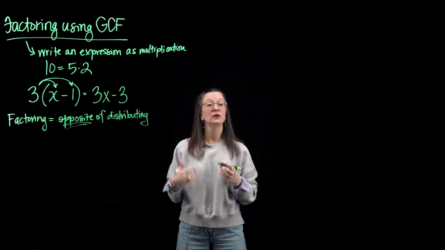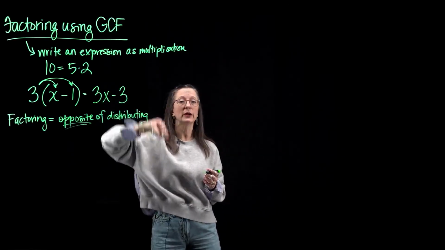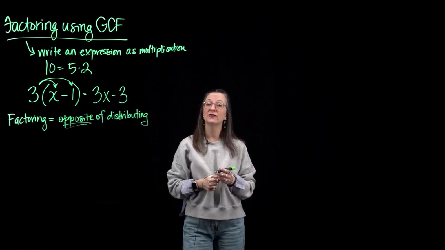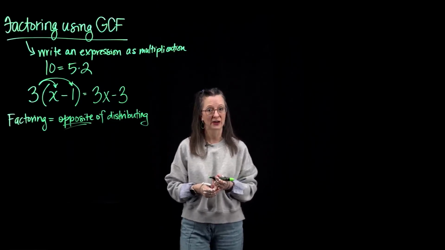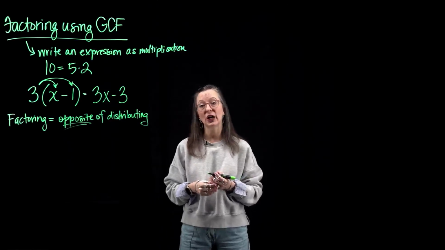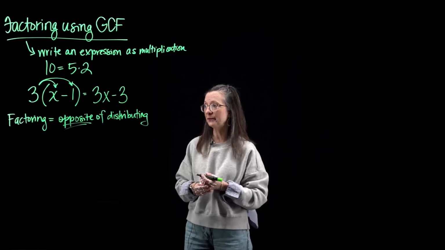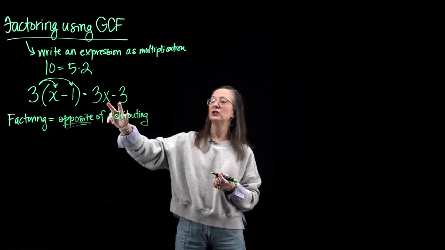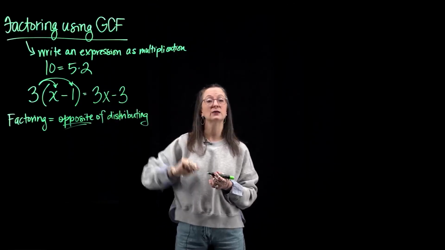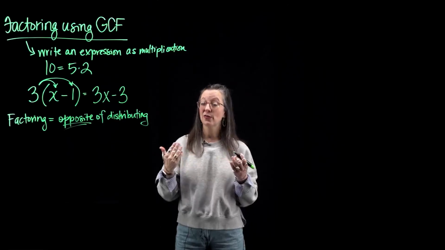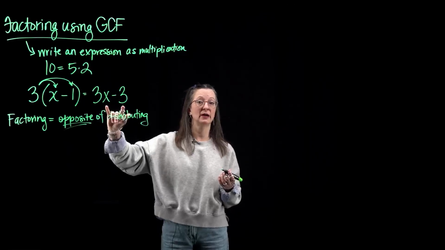So this video will be the first in a series of factoring videos. And the first thing we always want to look at when we are factoring is looking for a greatest common factor. So a factor that is shared across the terms that we are trying to factor. In this situation, 3x minus 3 has a greatest common factor of 3. So if we were to start with 3x minus 3,